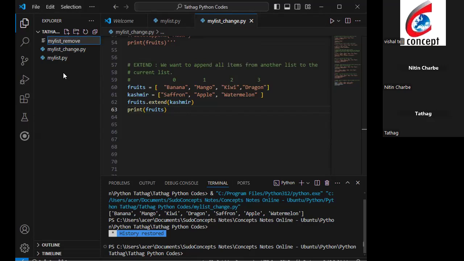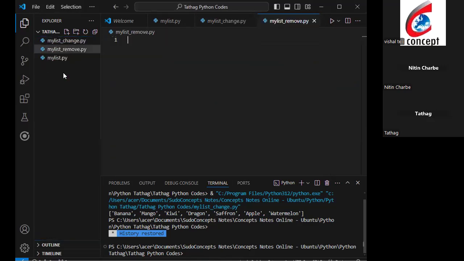So I'm naming this as my list and I'm removing. We are learning remove. So let's create a fruits list first, which we already know how to create. It's apple. You can put it in single or double quotation, it's your choice. And then mango and pineapple